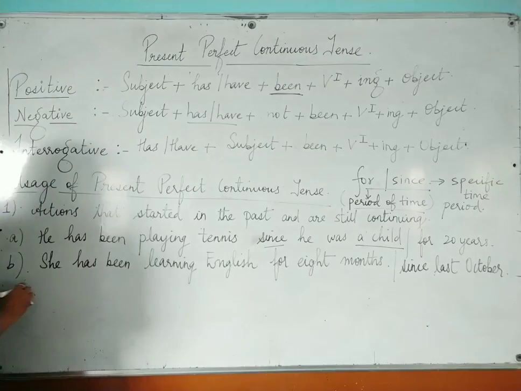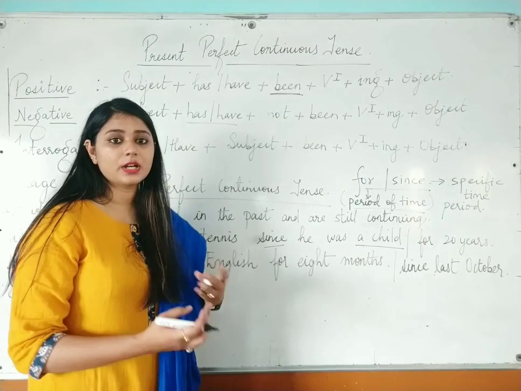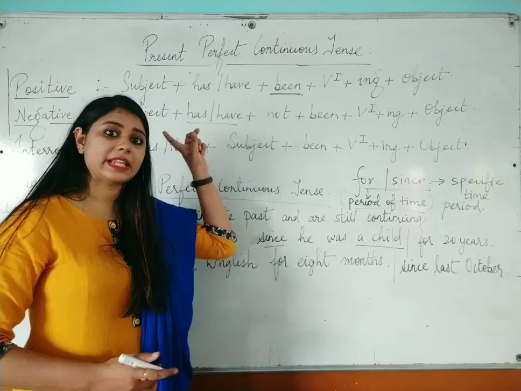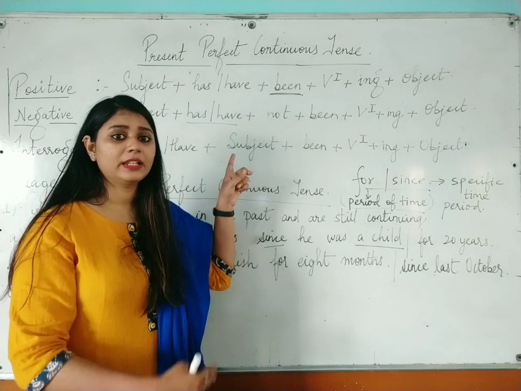Okay. Next example can be we have been living in this town for a very long time, or since 1980. Okay, since 1980 means what? That we are talking about a longer duration of time. Since 1980 and still you are continuing to live at that particular town or at that particular place.